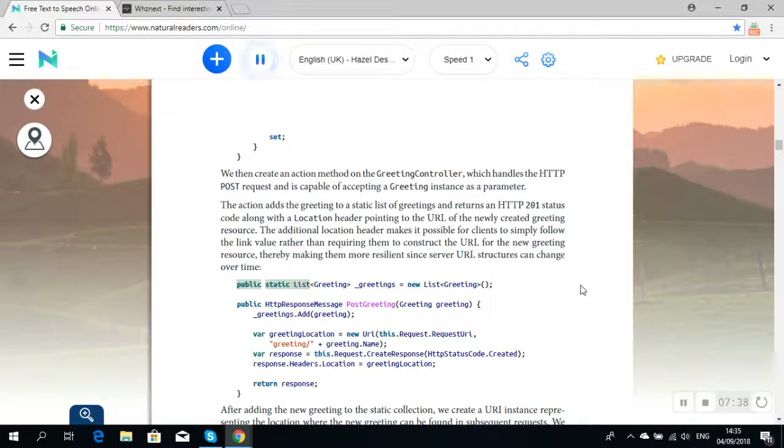Public static list<Greeting> greetings = new List<Greeting>(); public HttpResponseMessage PostGreeting(Greeting greeting) { greetings.Add(greeting); var greetingLocation = new Uri(this.Request.RequestUri, "greeting/" + greeting.Name); var response = this.Request.CreateResponse(HttpStatusCode.Created); response.Headers.Location = greetingLocation; return response; }